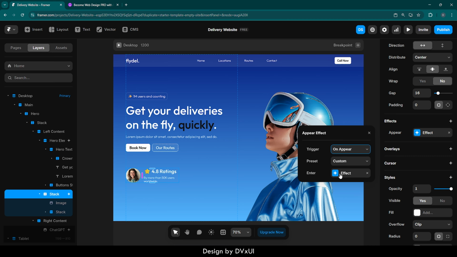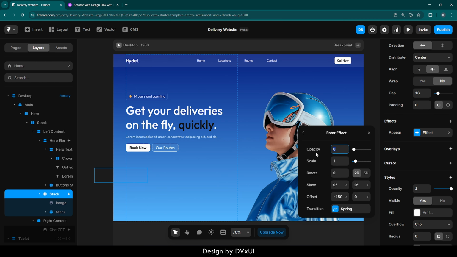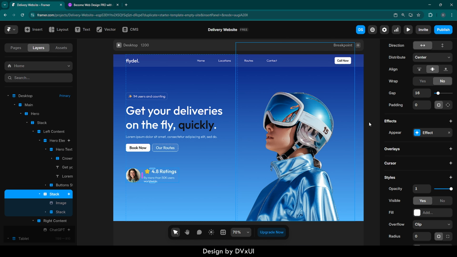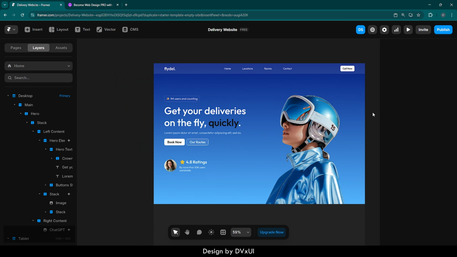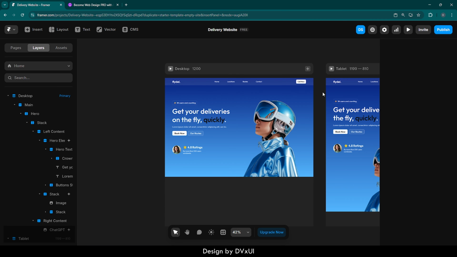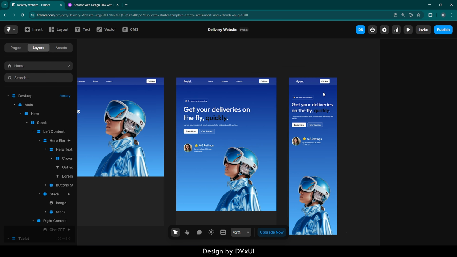On appear, custom, effect, everything is same. Opacity is 0, all the default values. Offset is 150, which I'm going to keep it like this one. And if I go in the transition, now the time is quite large, which is 2.4. Let's take 2.6, slightly more. So it will appear later than this one. Now cross it. Alright, so as you can see, we have created everything from the layouts of desktop, tablet, mobile,